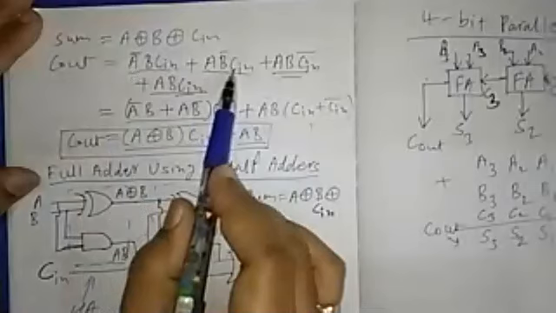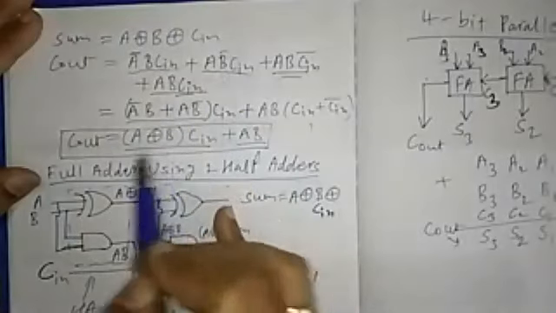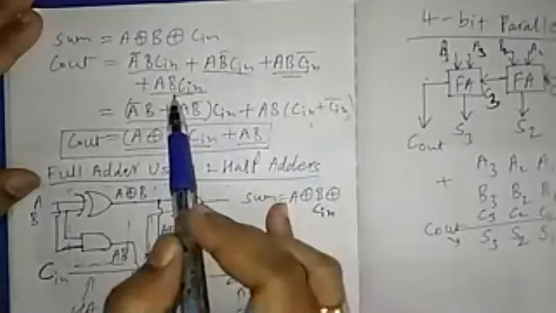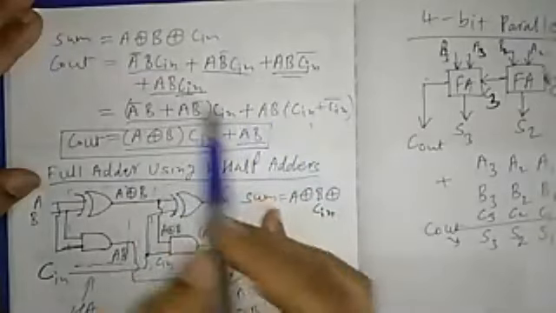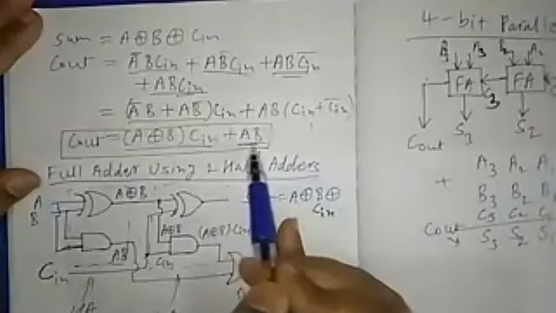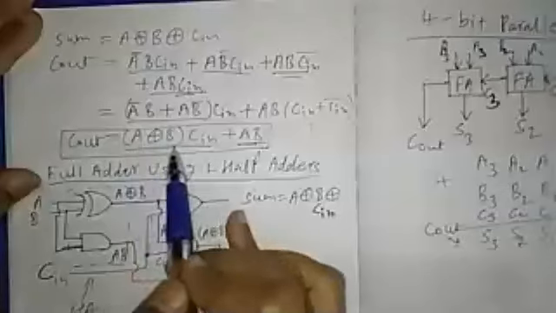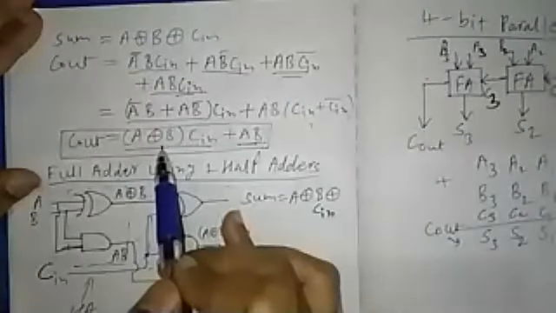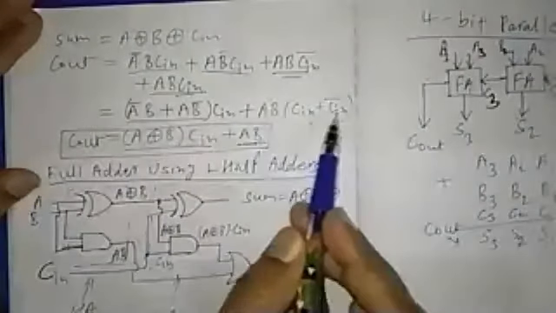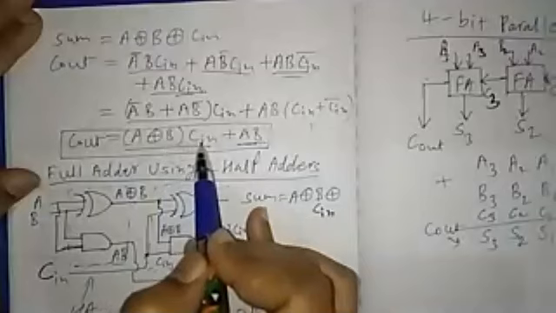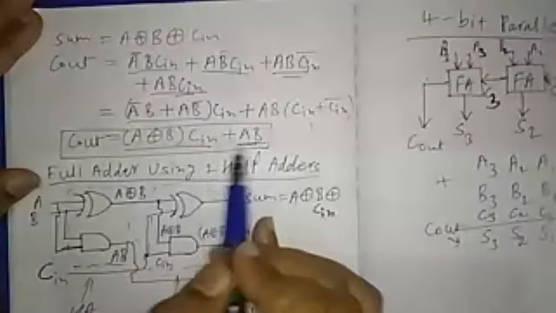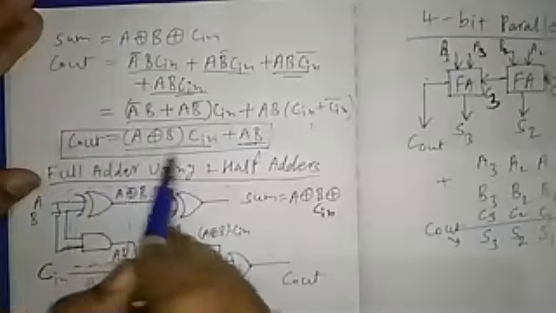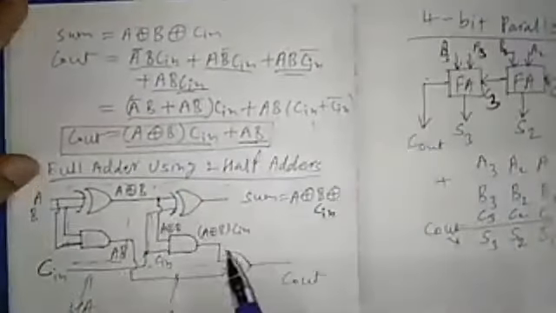Therefore, Cin is taken from the first two terms, A XOR B, and from the third and fourth terms, Cin and Cin bar, AB I can take common. AB is a carry of the first half adder, and A XOR B is a sum of the first half adder, like that. And Cin bar plus Cin will be 1. Therefore, A XOR B, Cin plus AB. This expression I can bring in so that Cout will be implemented using two half adders.